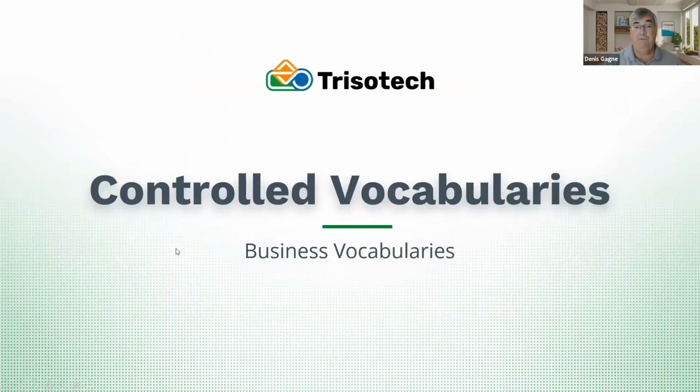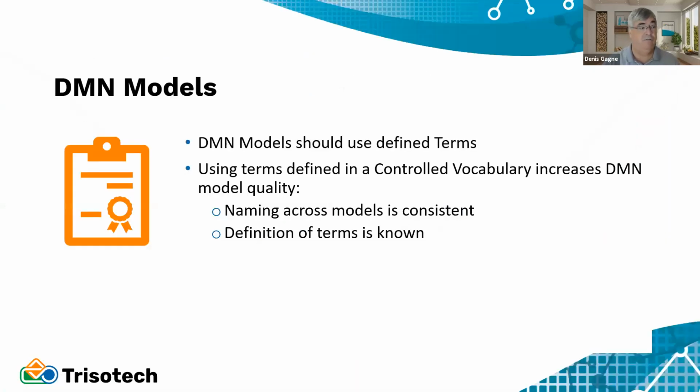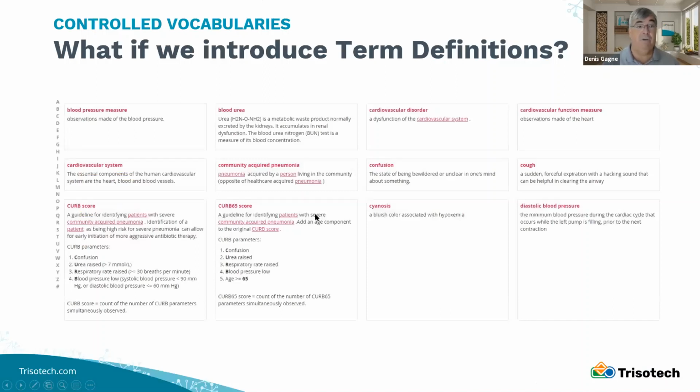So what if we start introducing controlled vocabularies, often referred to as business vocabularies? Then our DMN models, I would state, should use defined terms, and these terms should be defined in a controlled vocabulary to increase the quality of our model. By increasing the quality, I mean making them more specific and understandable, providing naming across the model that is consistent, and definitions of terms that are known. So here I am introducing a controlled vocabulary with the terms that I'm using in my model,